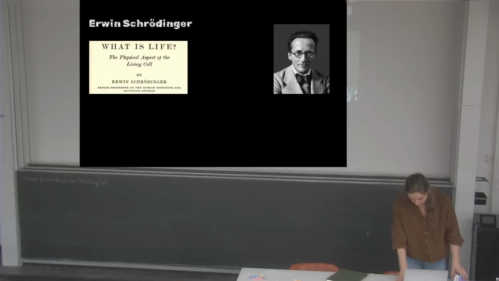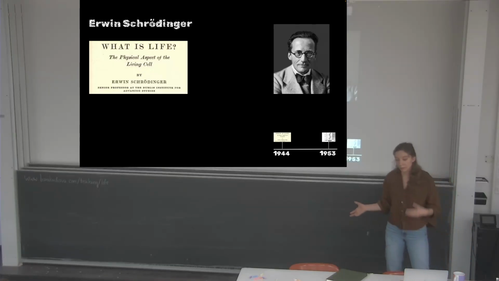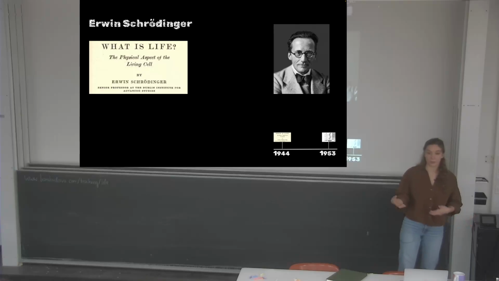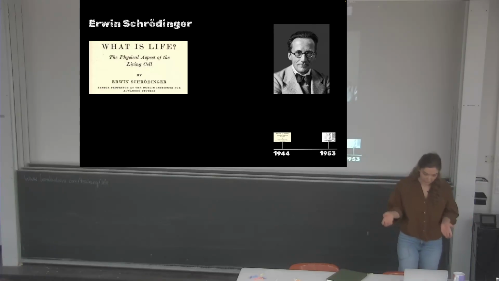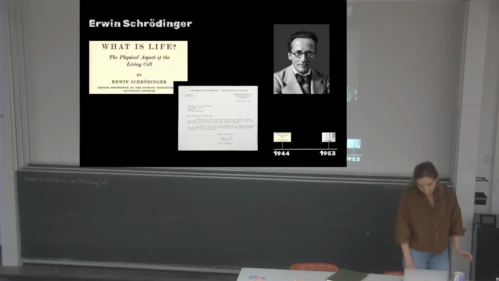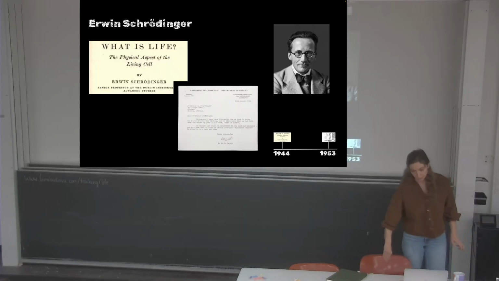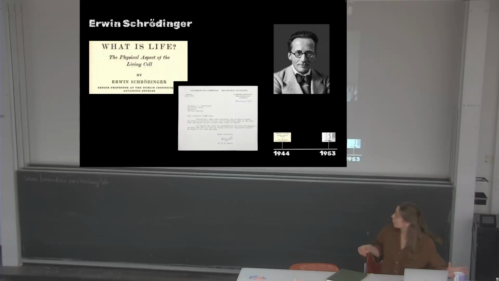And just an interesting historical window is that in 1953, when there was a huge breakthrough in discovering the structure of DNA, actually, after their first paper, in August of 53, Watson and Crick sent a letter to Schrödinger, which I don't know if you can read, so I'm going to read it.